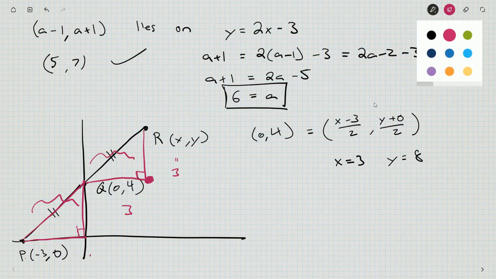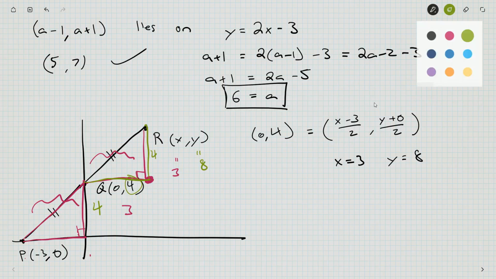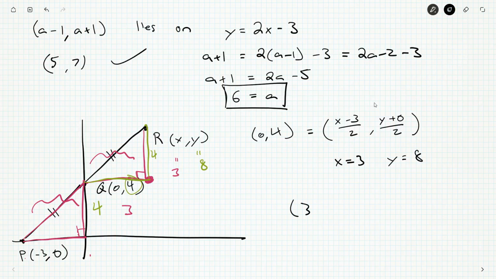The same sort of thing, we'll switch it up with another color. The distance we go up, so we go over by 3 and we go up by 4, well, now we're going to have to go over by 3 from Q and then up by 4. So 4 plus another 4, the y-coordinate is 8. But you don't have to show any of this work or explain it if you don't want to. A final answer of 3, 8